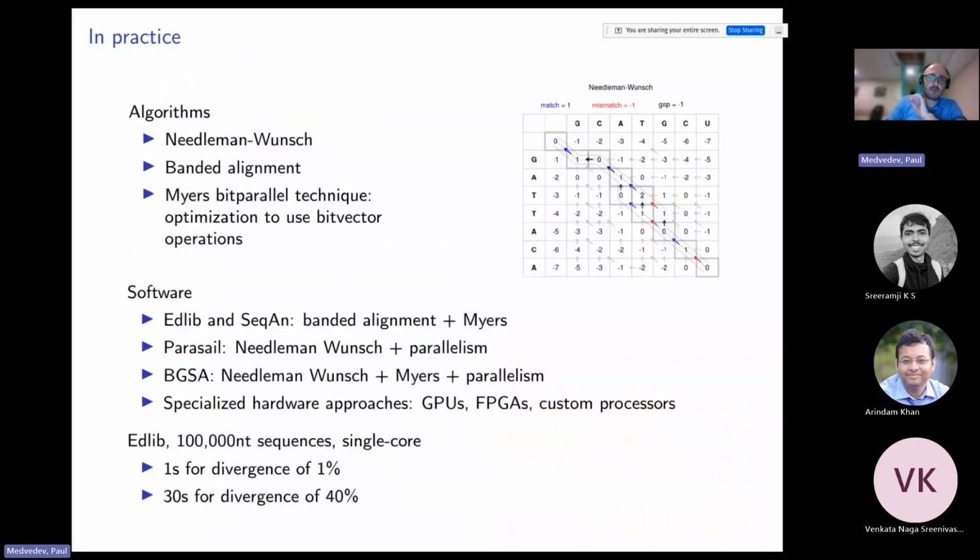I guess I should say before I move on that I'm really here talking about the unit cost at a distance. When you get to more general costs, there are other techniques and tools that have been used. There are other things that I'm not mentioning that are not applicable to the unit cost at a distance, but they would be if I talked about the more general case.